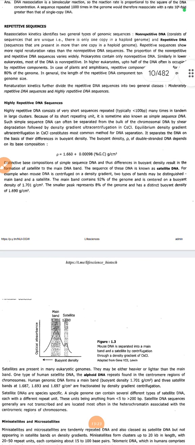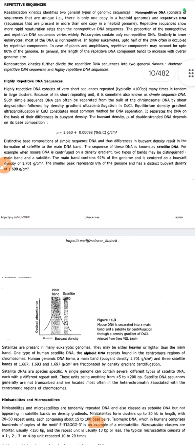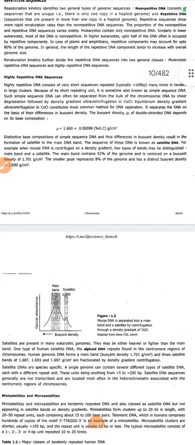Okay, there is more reassociation when the complexity of the genome or the concentration of the DNA is more. Renaturation kinetics further divides the sequences into classes. First of all, one is non-repetitive, another is repetitive. Repetitive is divided into two, moderately and highly repetitive. So what are highly repetitive DNA sequences? Highly repetitive DNA consists of very short sequences